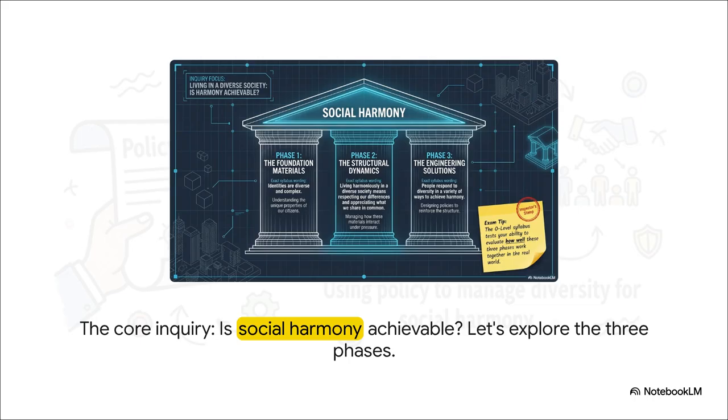Now, this breaks it down into 3 critical phases you really need to get. First, you've got the foundation materials. That's the diverse identities of everyone in the society. Second, the structural dynamics, basically how these different groups interact with each other. And third, the engineering solutions. These are the policies that hold the whole thing together. The key exam tip here is that your job is to evaluate how all these pieces work together in the